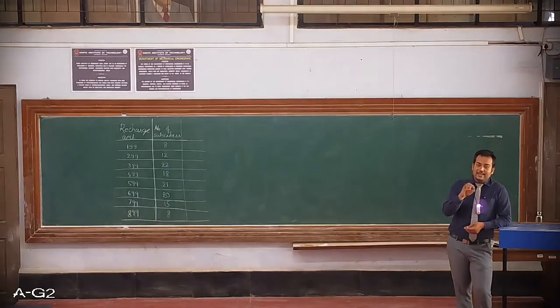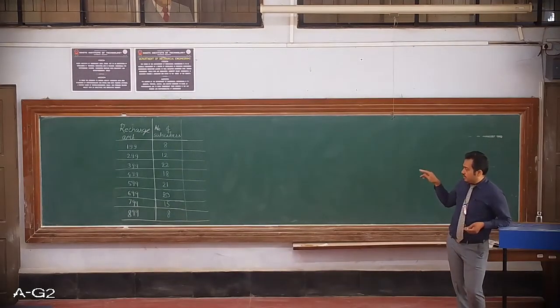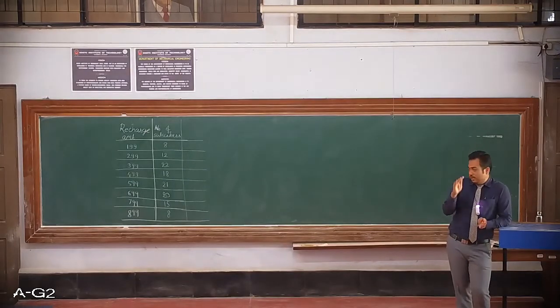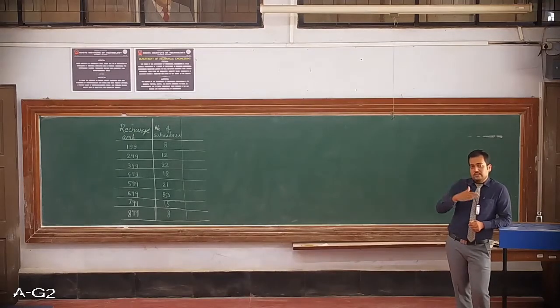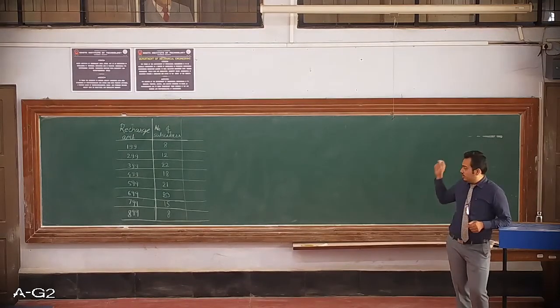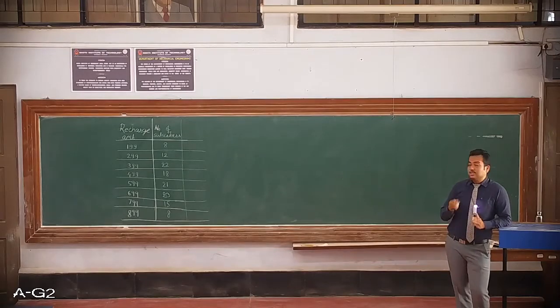In that case, if you look at 399, around 22, we have 12 and 8 beside 22, I mean before 22, and after we have 18 and 21. Due to the difference between the frequencies being too small, we cannot declare the modal value 399 as 22.